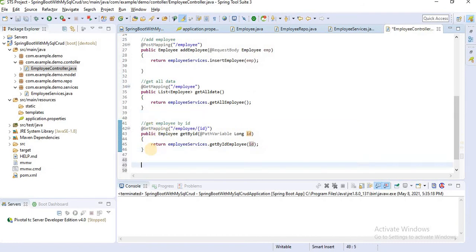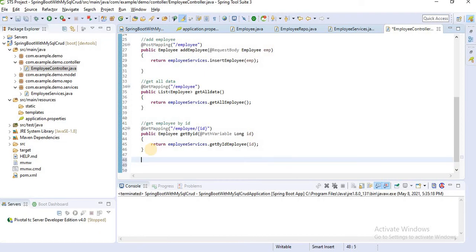Let's create one more, update. Here one thing to remember: in JPA we use the same method. JPA provides the same method for update and insert. If the payload has an ID, okay, I'll explain.